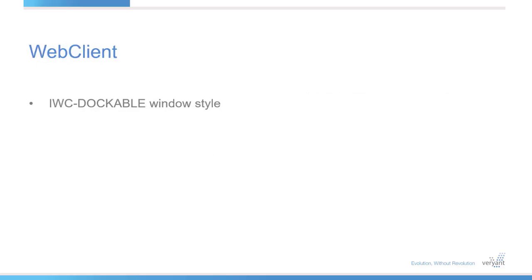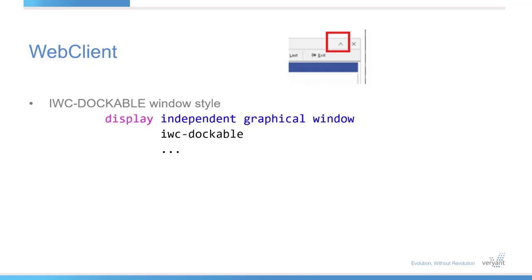Now you can control when users can undock in Web Client. In web applications, users often want to pop windows out of your app. Now you can let them do that selectively. There's a button on the window title bar that they can click to undock. Before, it was all or nothing. Either every window could be undocked or none could. Now with the new IWC dockable style that you apply to your window, you control which windows are undockable on